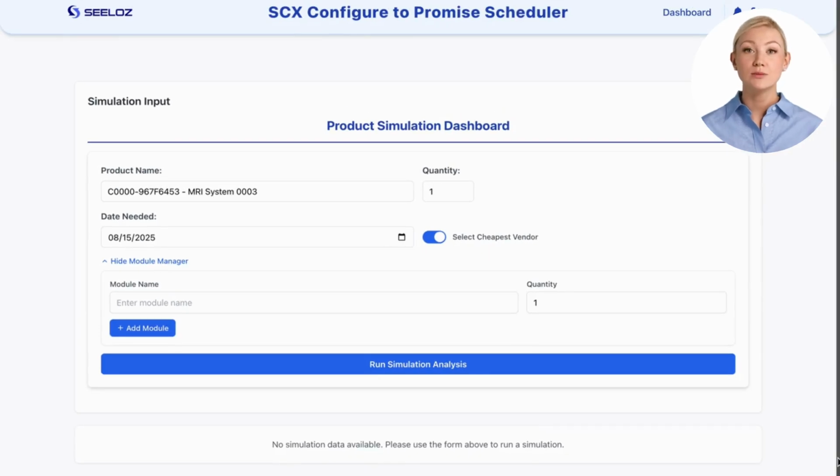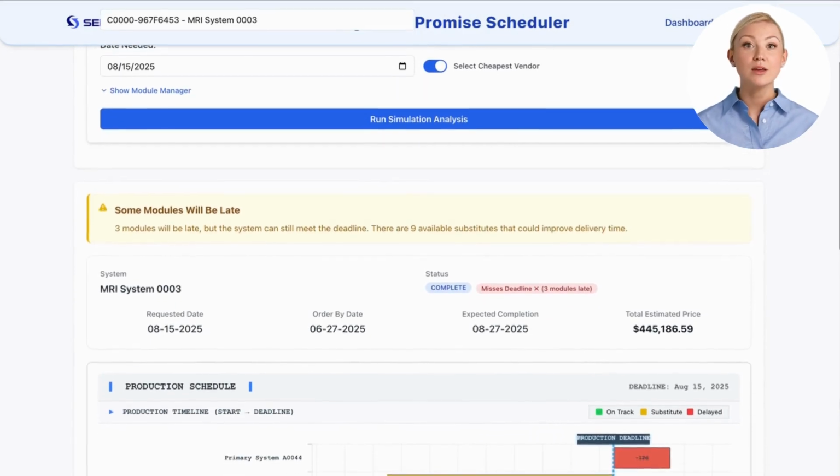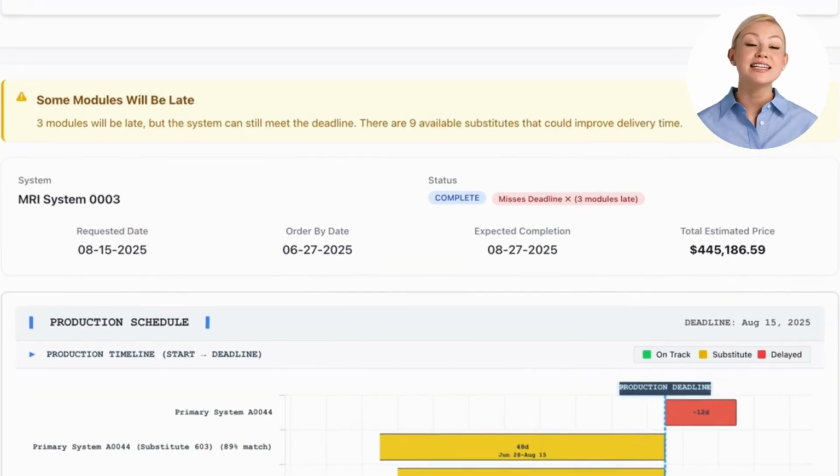This will push the system to its limits, forcing it to find alternative solutions, optimize lead times, and potentially recommend substitute components to meet this aggressive new timeline. Watch how our intelligent scheduler adapts to this challenging scenario. After analyzing this accelerated simulation scenario, we encounter an important system alert indicating 3 critical modules are experiencing delays in